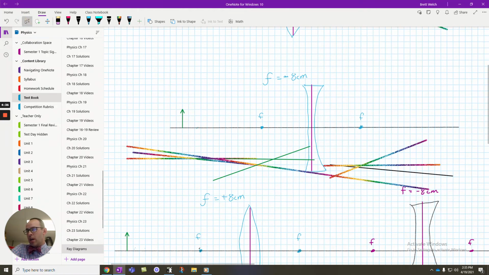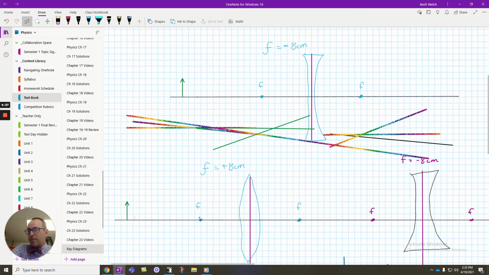All right, let's go ahead and talk about our diverging lens. Some of the same rules are going to apply. For instance, the first ray I'm going to draw is my parallel ray. It's going to go parallel off the tip of the arrow. By the way, the focal length is -8 is what I'm using. So again, focal distances are 8, and my ray out here would be